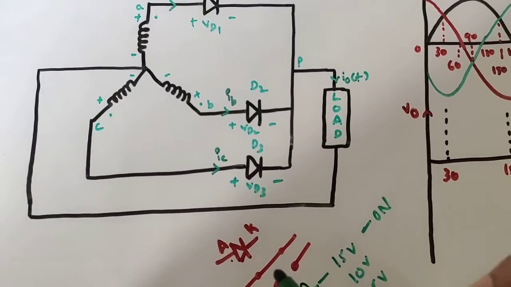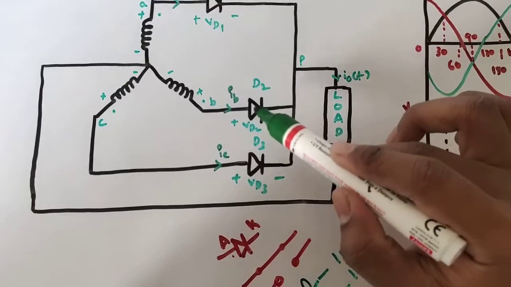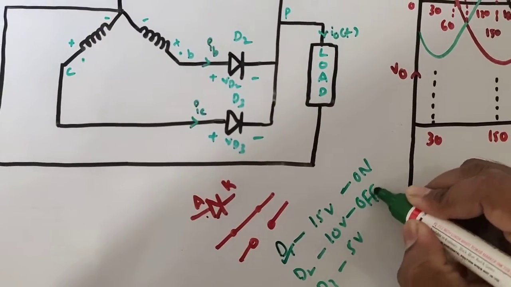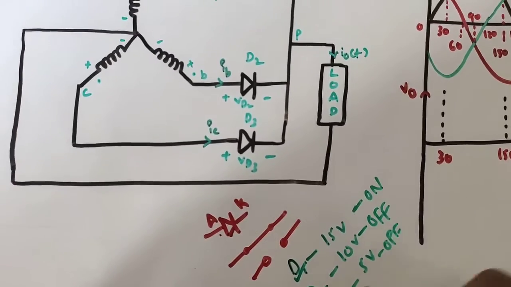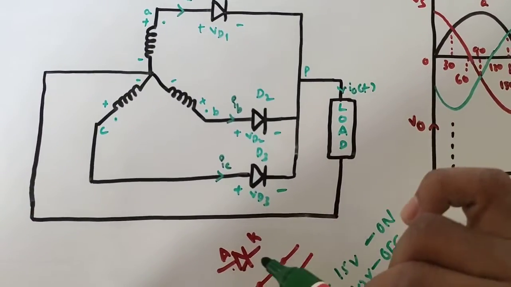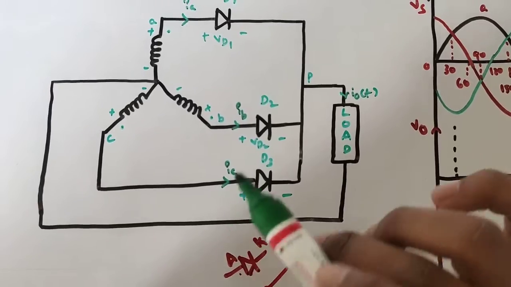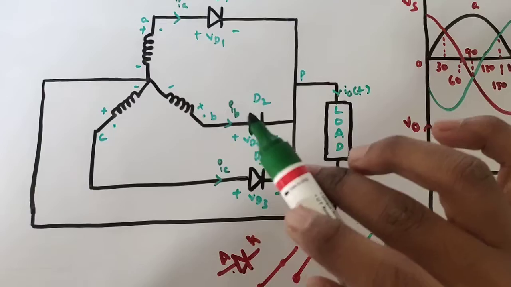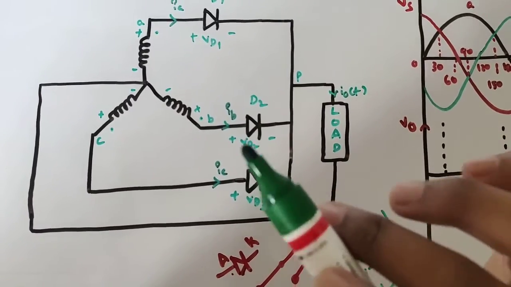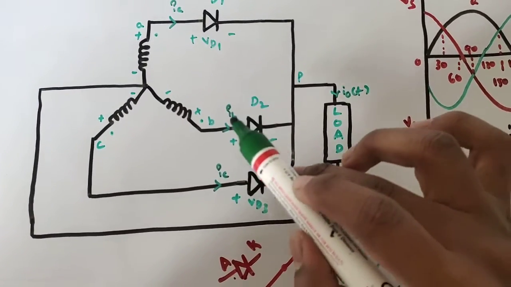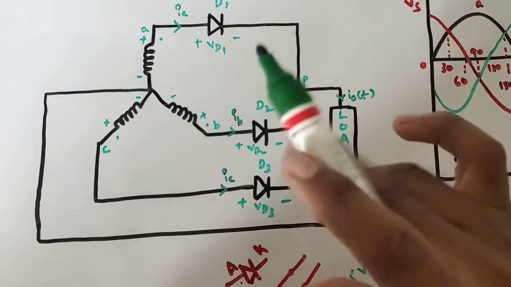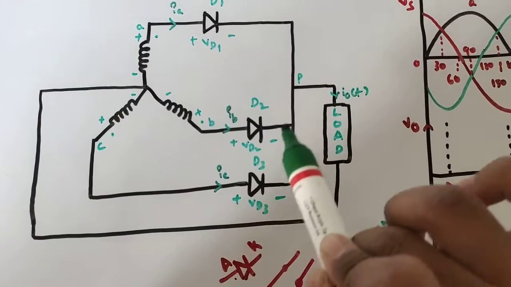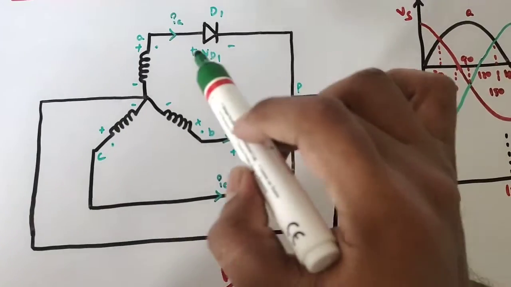So in this particular fashion, diode D2 and diode D3 are going to be open circuited. That means off condition I can consider, right? As two of them are in off condition, if you clearly imagine, this is in open circuit and this is in open circuit, right? I'm not drawing the equivalent representations, you please try to imagine yourself. So this is open circuit and this is open circuit, so I can remove this entire portion.